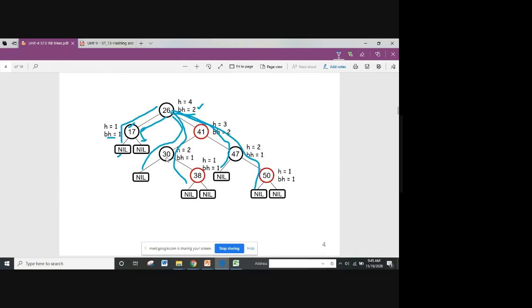Now, when you take 30, your black height is 1 only. There is only one node. When you take 38 also, your black height is